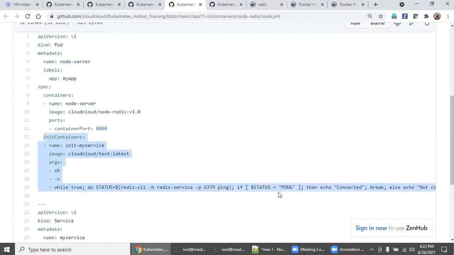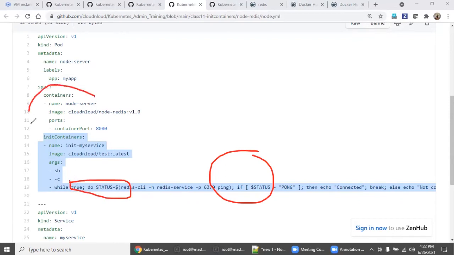Basically, the first step is you need to first decide what containers and what kind of dependency. Accordingly, I have just put it in some small shell script here. This shell script is simply pinging. If I'm not getting the response, I will say I'm not able to reach it. So this will keep on in init state, right?